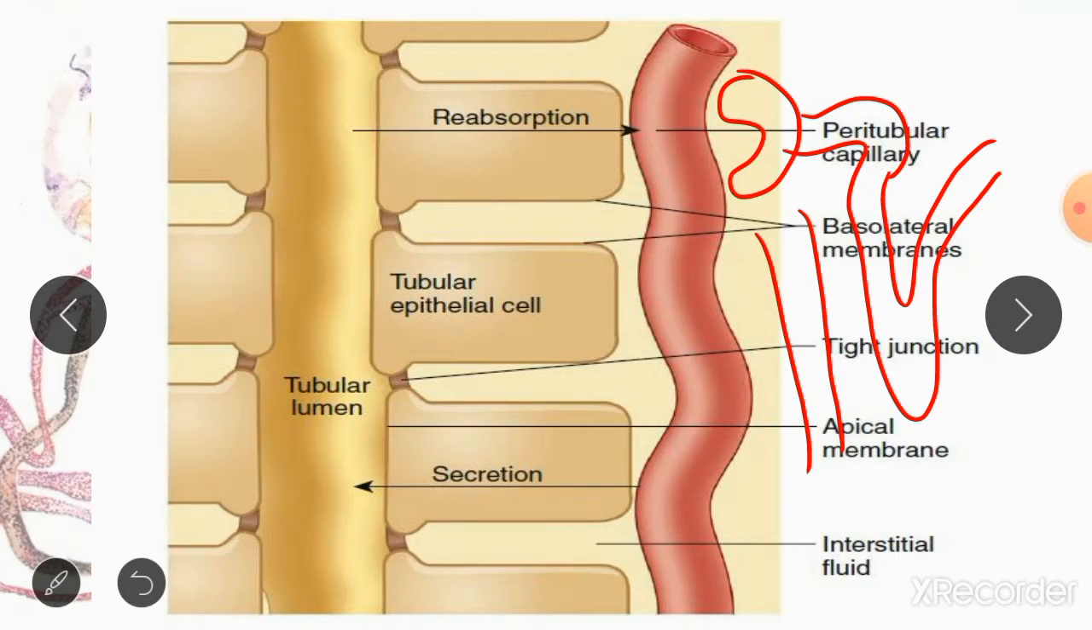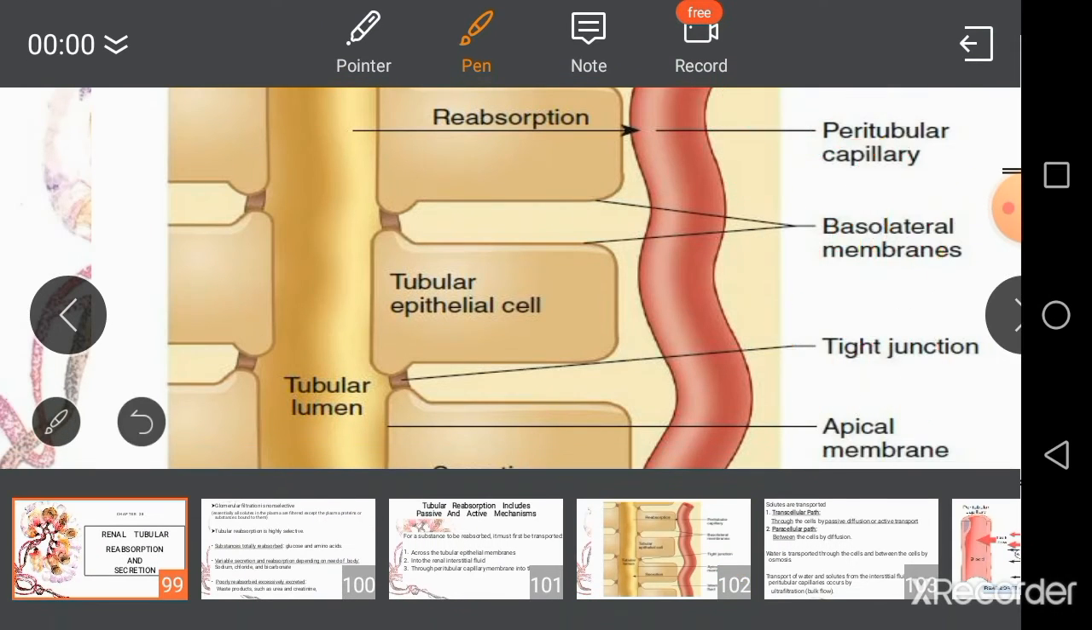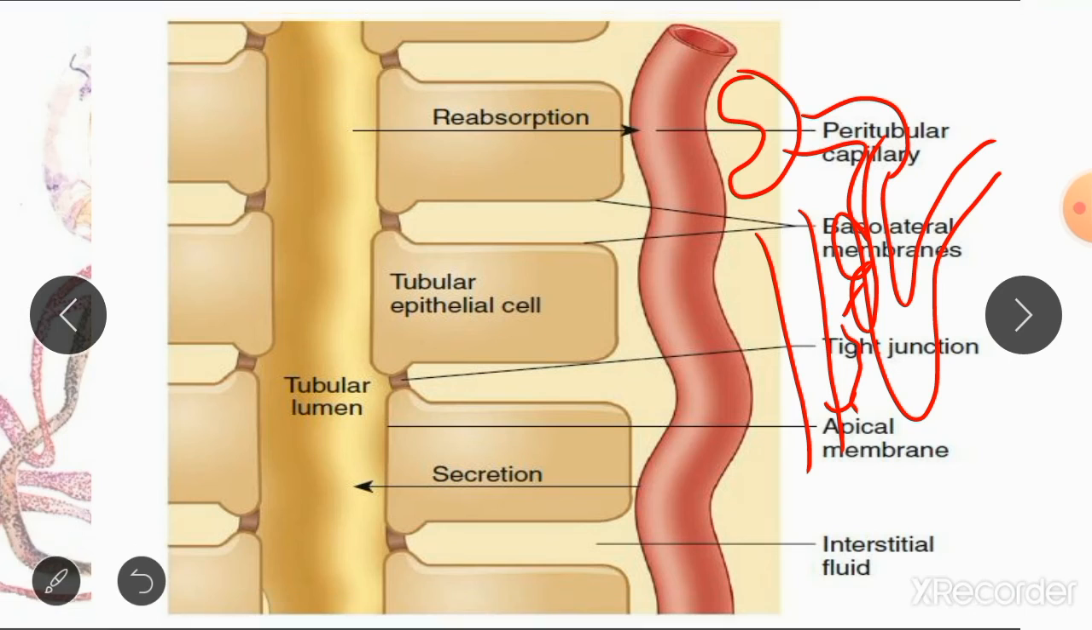So any substance which has to be reabsorbed from the lumen of the nephron must first pass through the walls of the nephron, which are made up of epithelial cells. From there it enters the interstitial space, and from the interstitial space it enters the peritubular capillaries and the general circulation. So here is a zoomed in